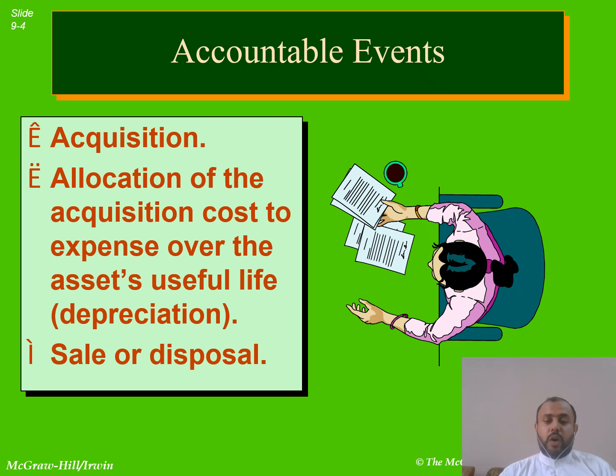So we will record at what price or at what amount the asset has been disposed of and what is the gain or loss on the disposal of that asset. It means there are three main events in the life of an asset. First, when the asset is acquired. Second, the allocation of the asset cost over a number of years, that we call depreciation. And third is